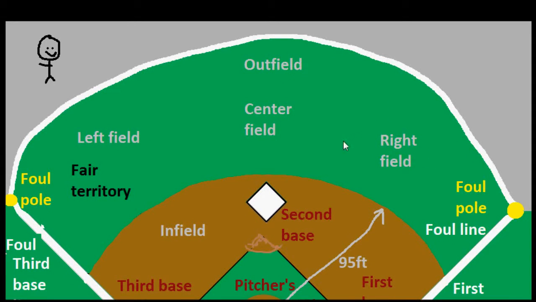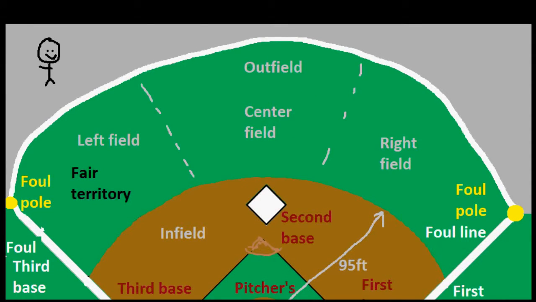So there are no real markings or anything between them, but you can kind of imagine a line here. And when we introduce where the players stand, you'll see that there's one player to each of these areas. Because the outfield is such a large amount of space, when you get out here,